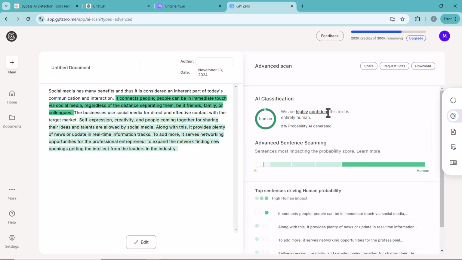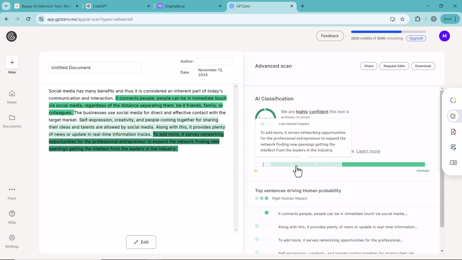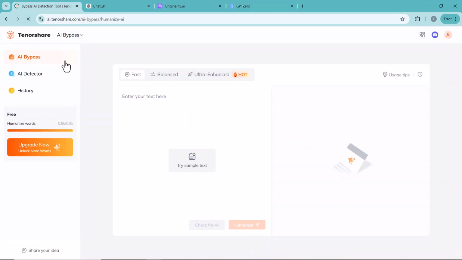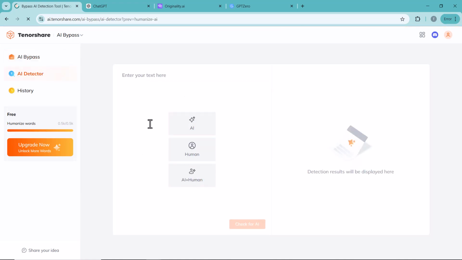So whether you are a student, writer or content creator, this tool simplifies the process and ensures your work remains authentic and original. TenorShare AI also includes its own AI detector, allowing users to verify whether any content is AI generated or human written.